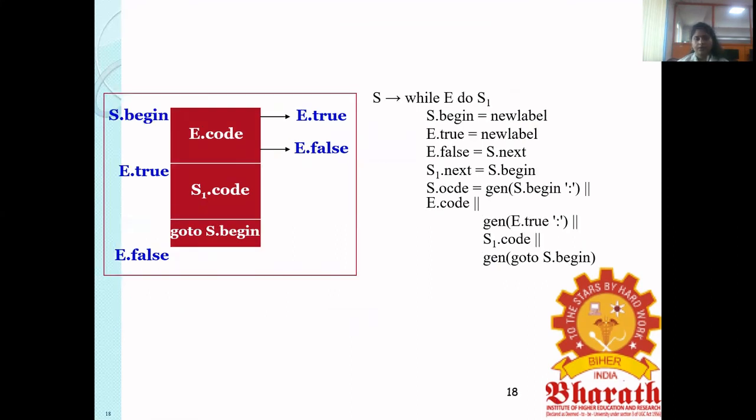Next is do while. In do while, until the condition is true, it will execute S1 dot code. When it becomes false, it will end the function. So this is what the circuit is telling. Let us write the execution